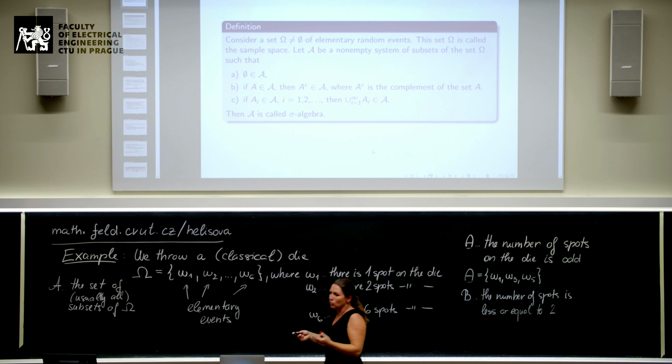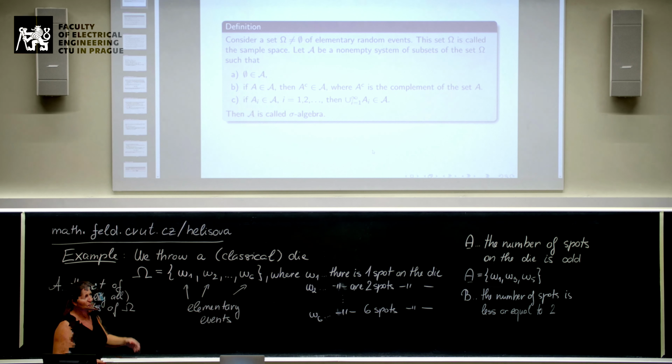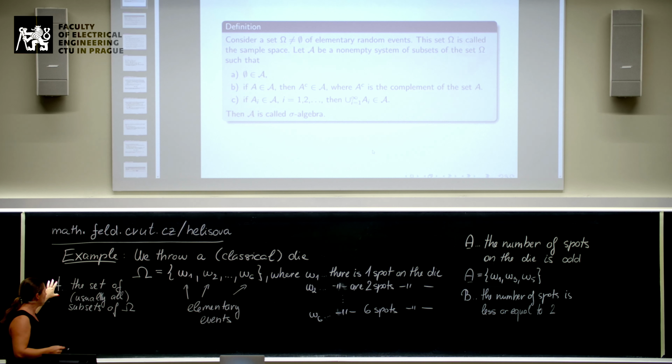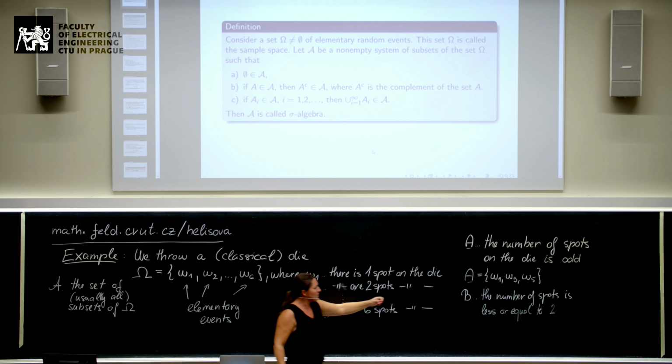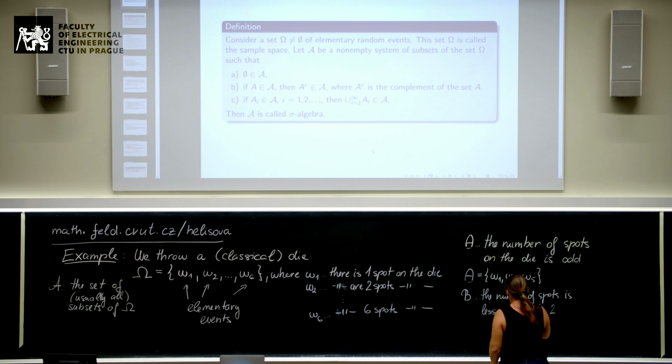But when we consider some concrete situation, let's say we have a game, if we threw the die and the number of spots is odd, I will pay you the beer. If the number of spots is even, then you will pay the beer for me. So in the case when we consider only the odd or the even number of spots, we can have the sigma algebra, which is not so dense. We don't need to have the subsets of the type of the event B. It can be enough to have only A and some event, let's say, C,